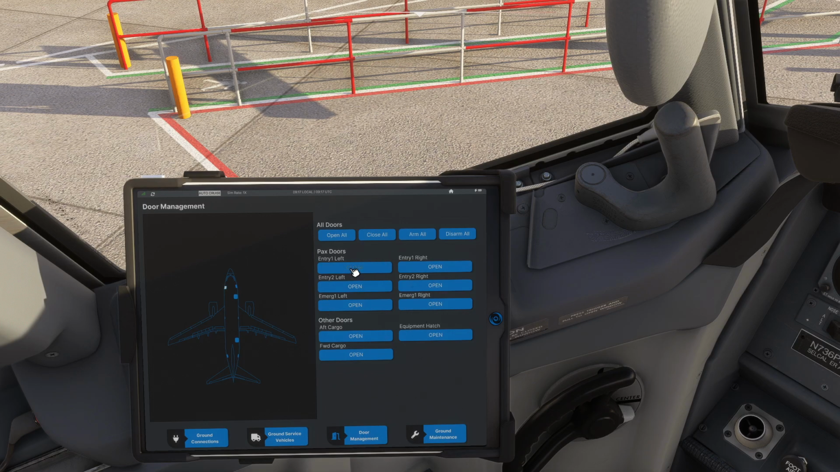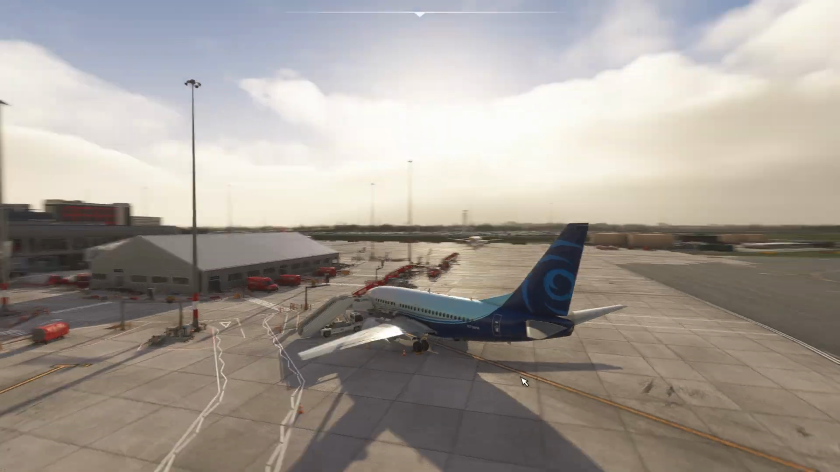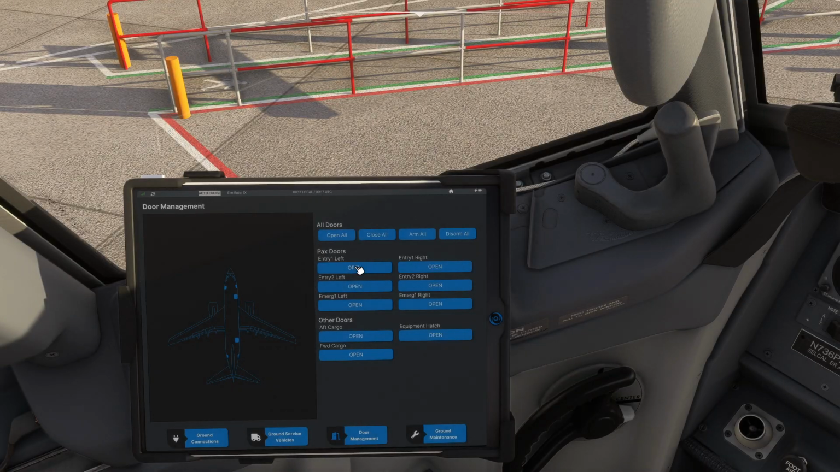We're going to open the entry 1 left, like that, and that should have opened it. Yes, it did. No, it didn't. And maybe it was open already. I didn't notice it was open already. Maybe it was. So